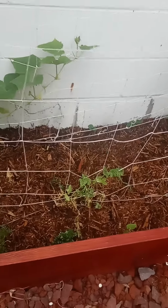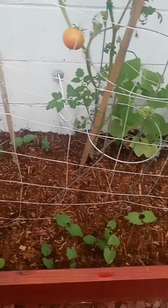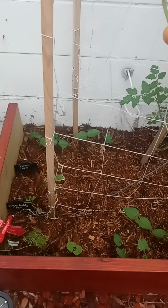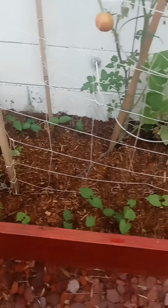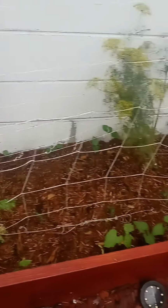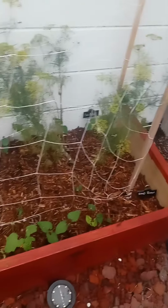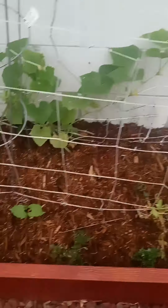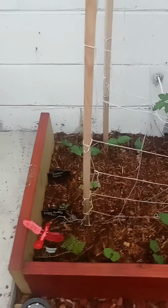All of my beans and corn and peas and cucumbers are coming up beautifully. It works right here in the city, right here in your backyard, and you can get the same results as someone on a farm. I know I'm a newbie at this because I just started, but the only big thing I see between a farm and the city is your bugs, your insects, your pests,